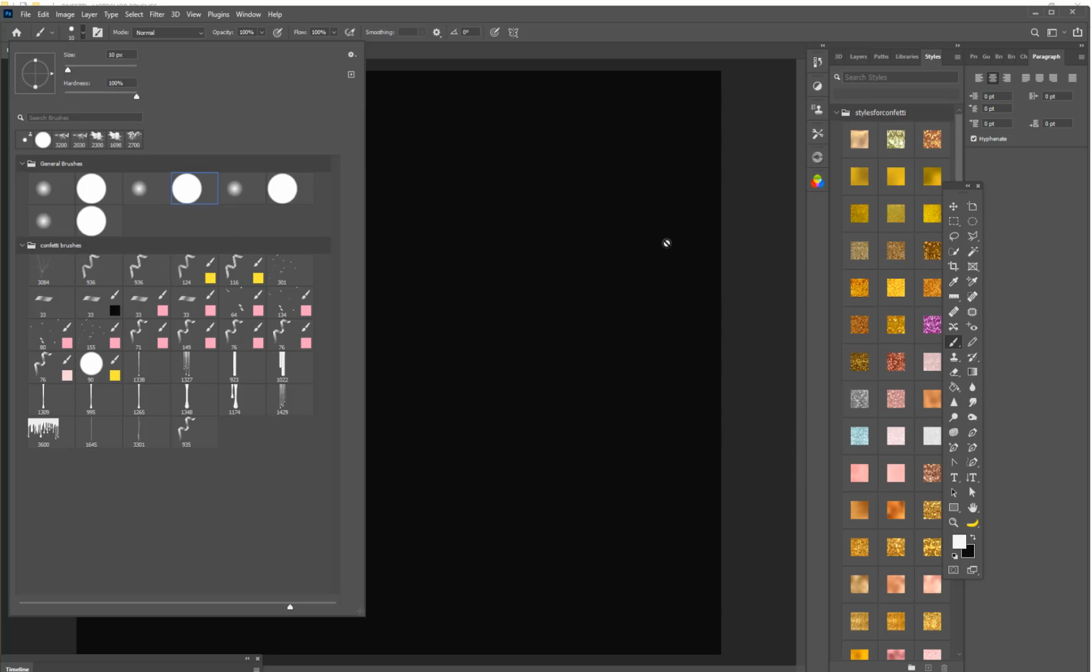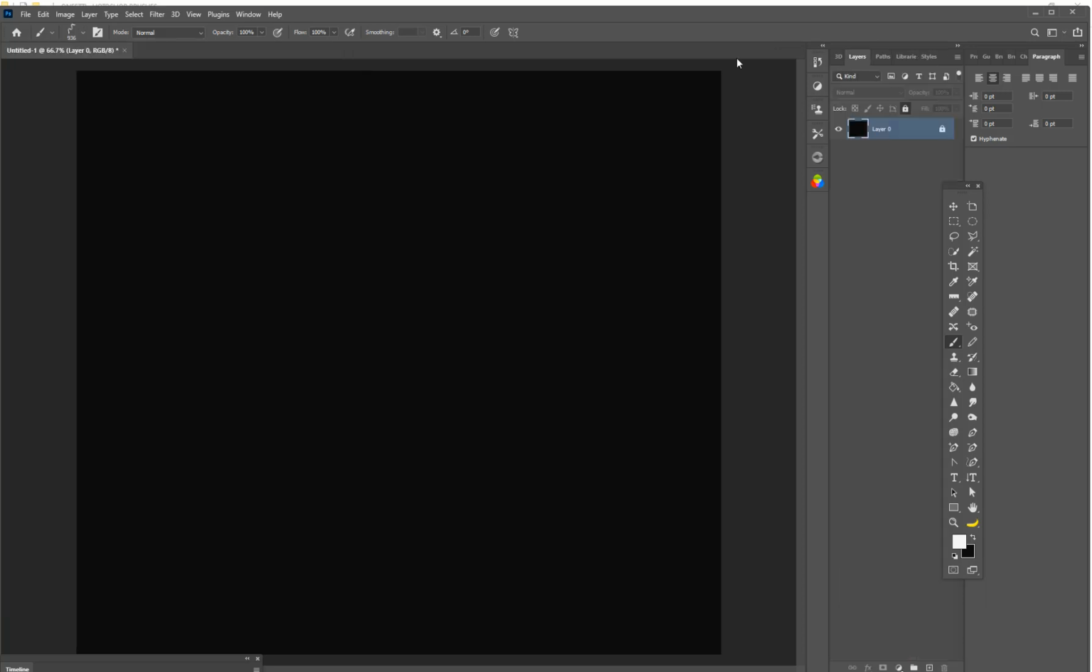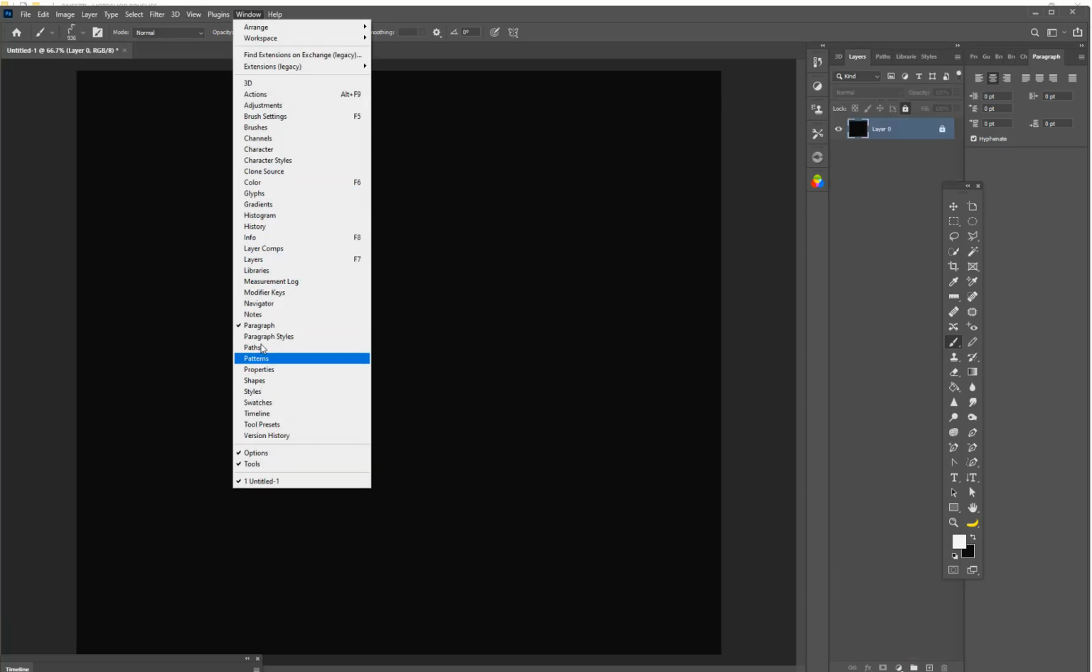So, let's see here. Now that we have everything set up, it's very easy here. What you're going to do is, oh, we forgot the most important part. We need to set up our layers. Yes. So layers, how do you get to your layers? Windows,